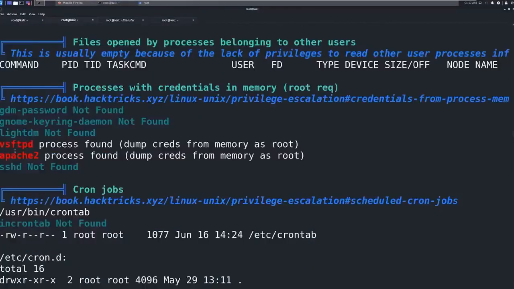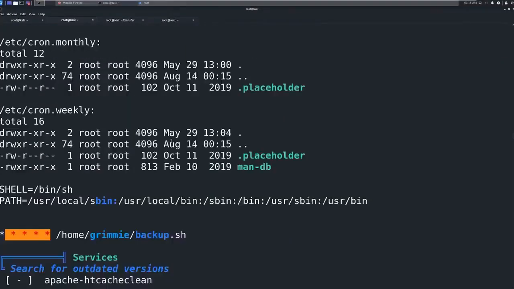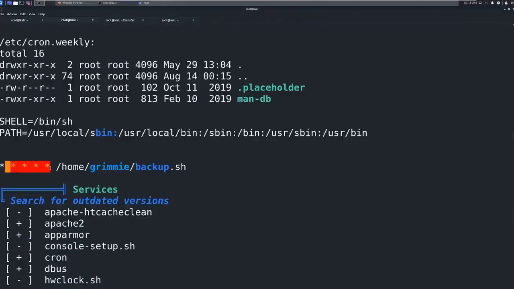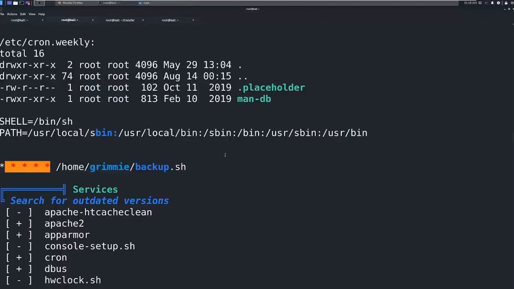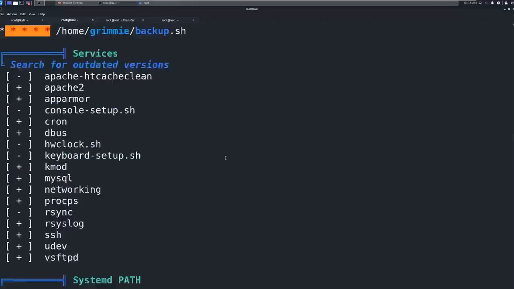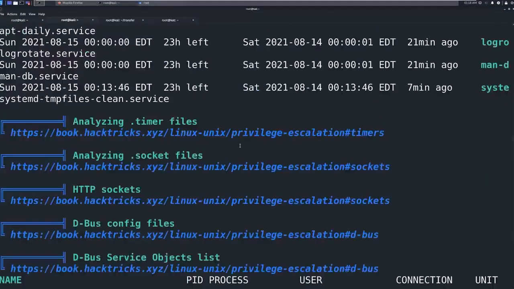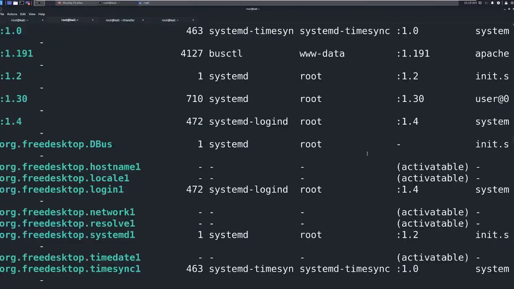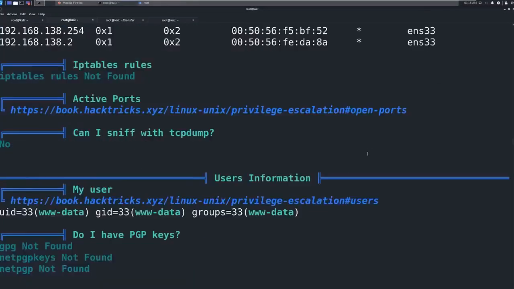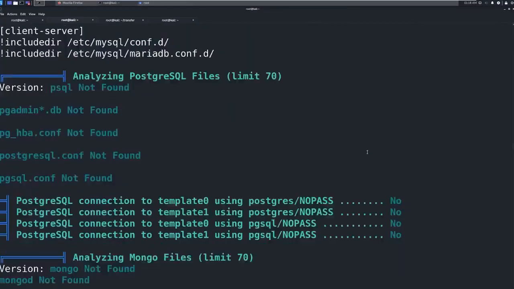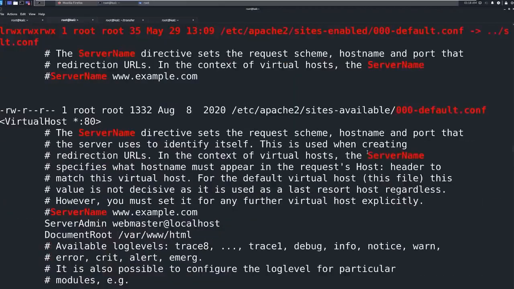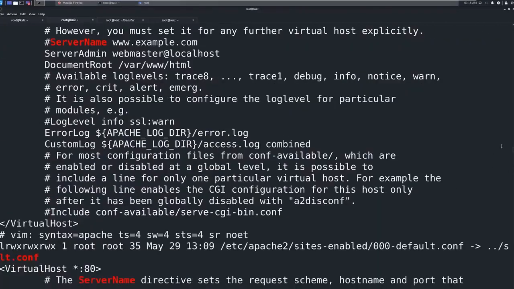Scrolling through here, we're just going to look and see if we find anything of interest. Now there is a highlighted red and yellow here with home grimy backup.sh. We're going to copy that bad boy, see what it is. And then from here, you're going to go ahead and just keep scrolling. So we come through, keep scrolling. And a lot of this is just information that is provided with us. What is of interest, and for this machine now,